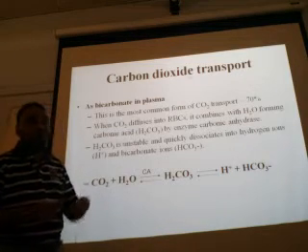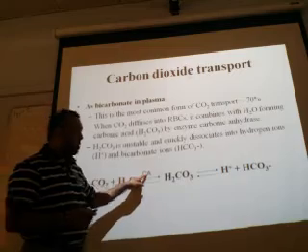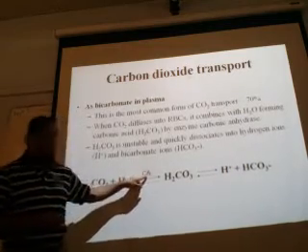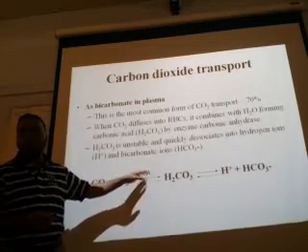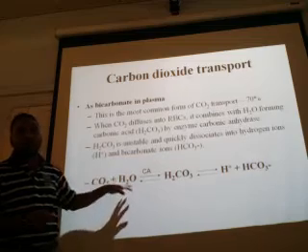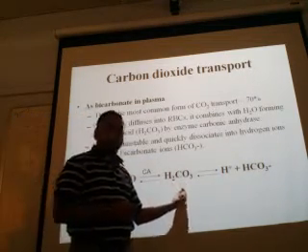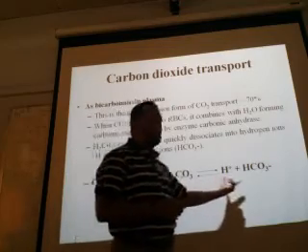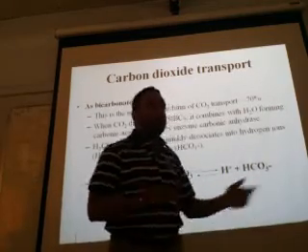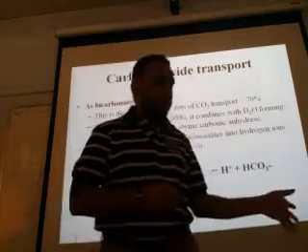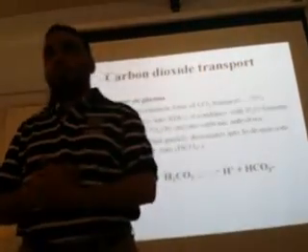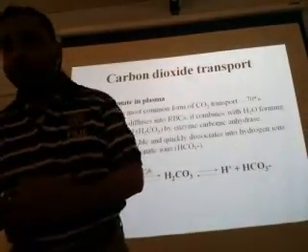But what is happening inside the RBCs? There is the presence of the enzyme carbonic anhydrase which catalyzes this reaction. It makes it very, very fast. Formation of carbonic acid is very fast. As soon as carbonic acid is formed, it will immediately dissociate into a proton, which is a hydrogen ion, and bicarbonate, which is the HCO3 negative ion. Okay?